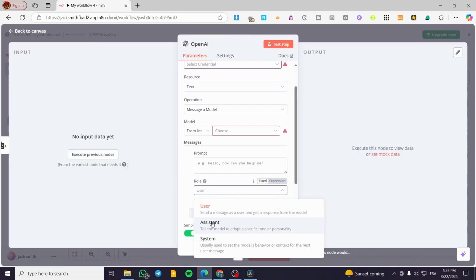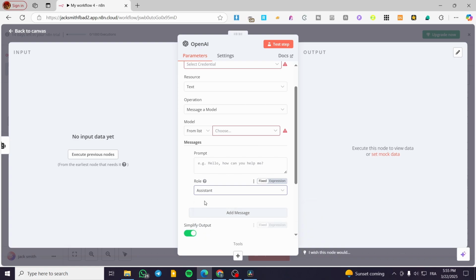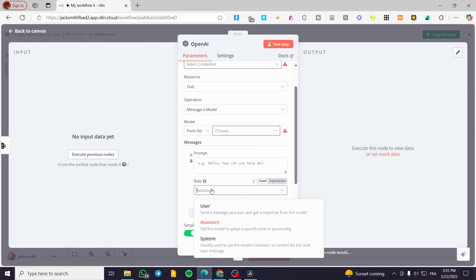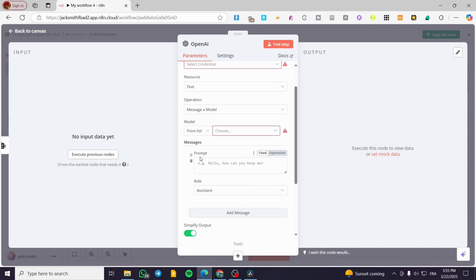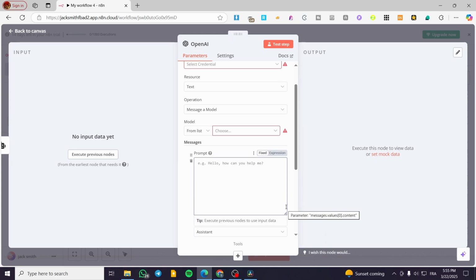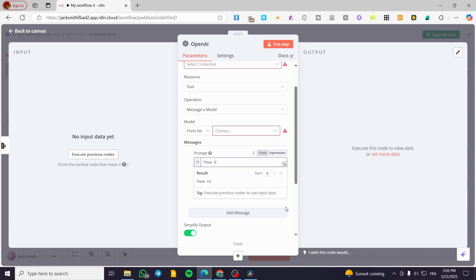So basically, we're going to give it the role of an assistant, or we can go ahead and have it as a system. So like that, and here we have the prompt. So the prompt is going to be set up in here. So you can go ahead and have maybe here: you are an editor for the AI, an SEO editor